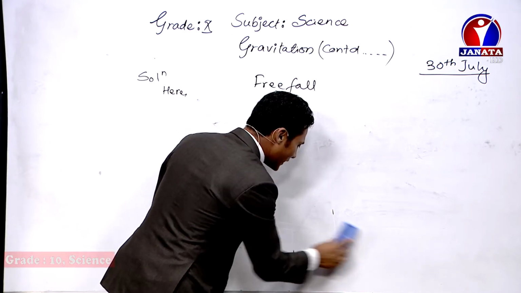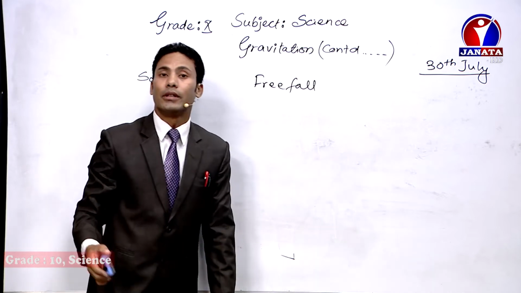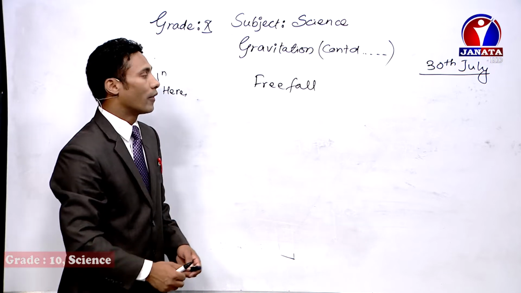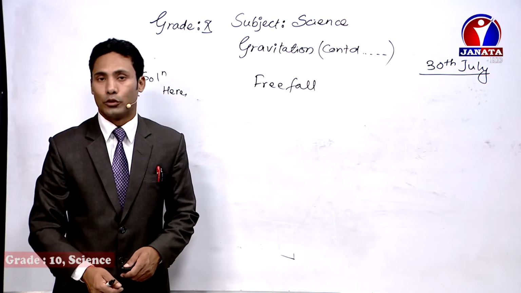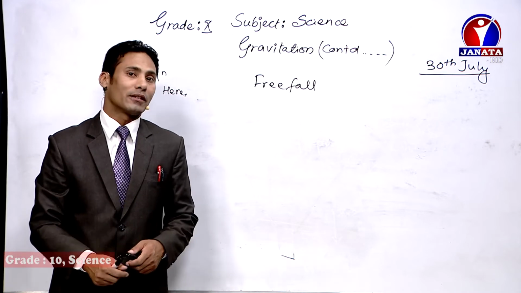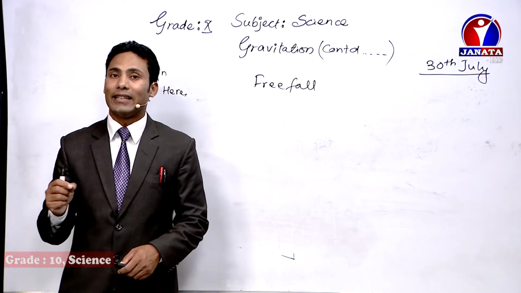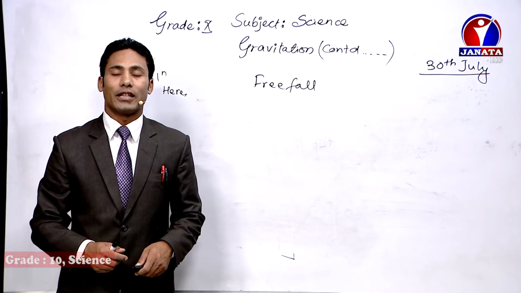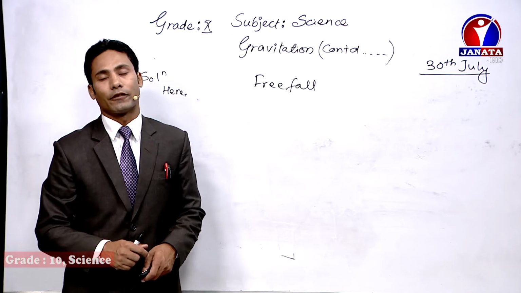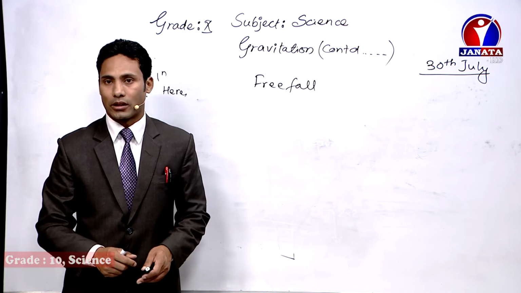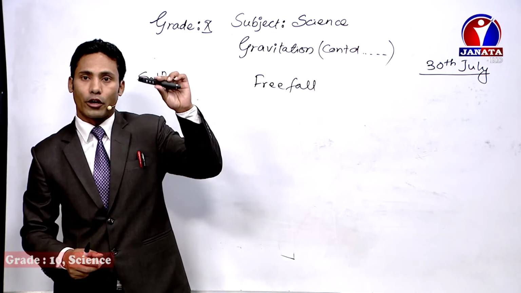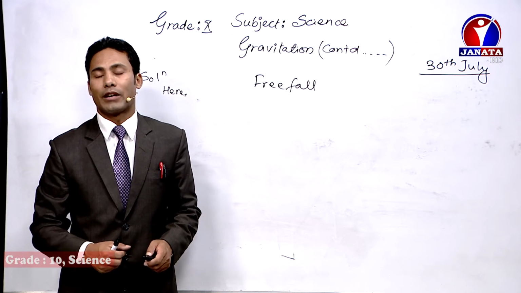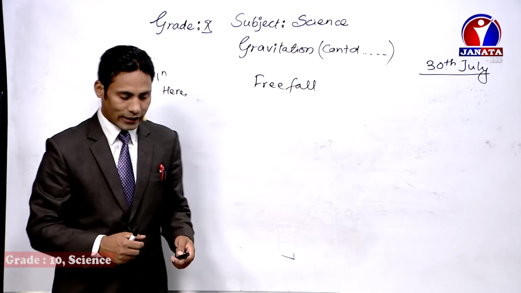And if we use this parachute in the case of moon, then is safe landing possible? Definitely not. Why? Because there is no air resistance on the moon. The air atmosphere is absent in the case of moon. That's why the safe landing is not possible on the moon. We can safely land by using the parachute on Earth, but on the moon, no safe landing is possible. When the object falls on the moon, even if we use the parachute, the acceleration will be equal to the acceleration due to gravity of the moon. Okay, so this is about the free fall.